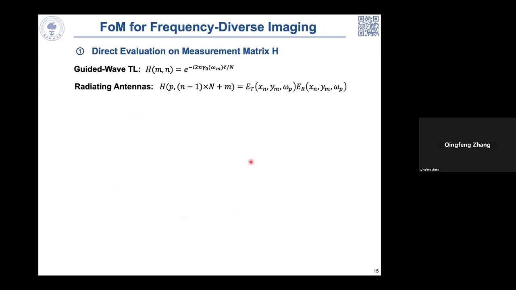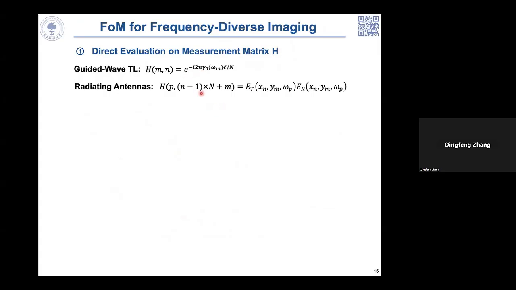And then the question is, how do we evaluate the performance of these transmission lines or antennas in the case of frequency diverse imaging? So we should define a figure of merit in this new application scenario. The first way is we can directly evaluate using this measurement matrix H, because this H has all the information